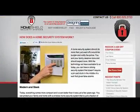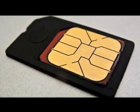What it is, your keypad is a new innovative touchscreen control. It has a GSM SIM card built into it that's based on advanced cellular technology. I know that's a lot of mumbo jumbo. Basically what that means is there's a little SIM card built in there identical to the one in your cell phone. And instead of your traditional alarm systems when it used home phone lines to send signals back and forth,